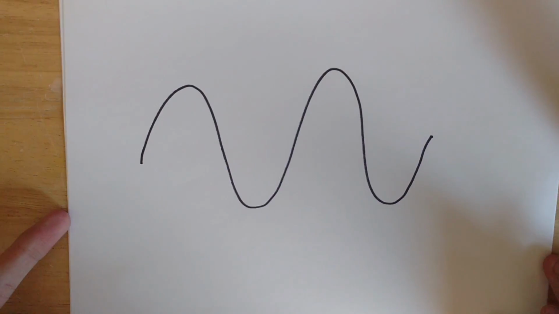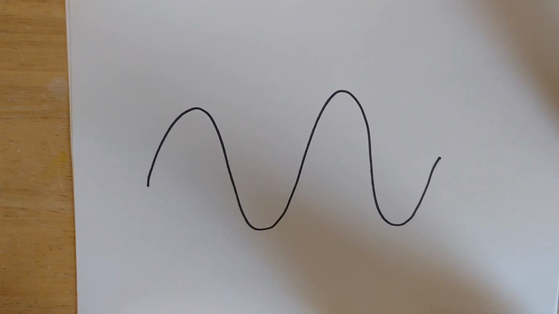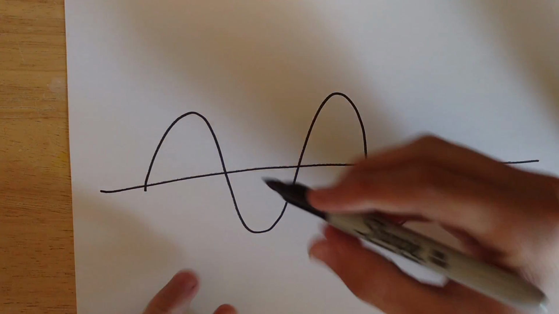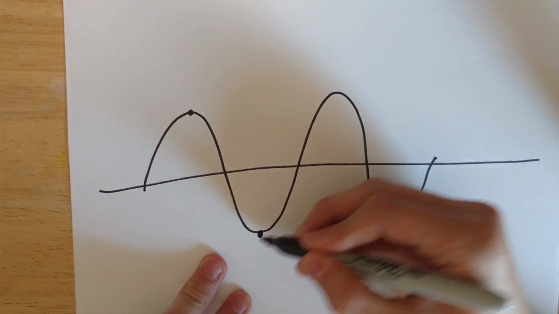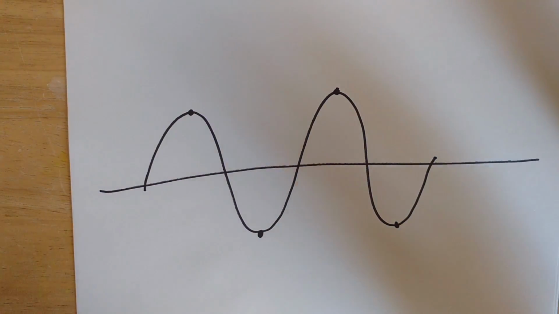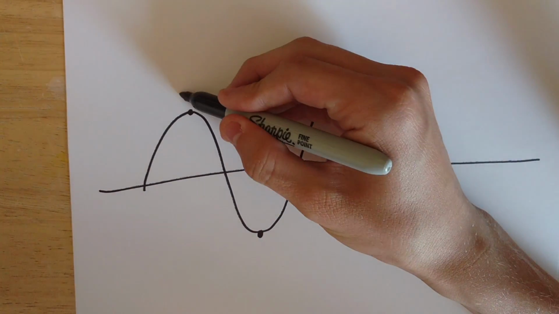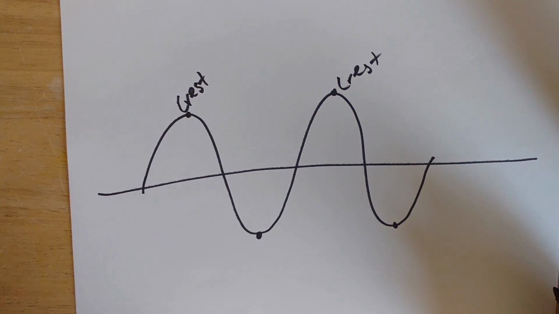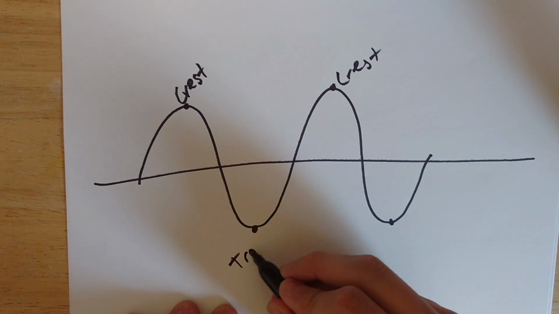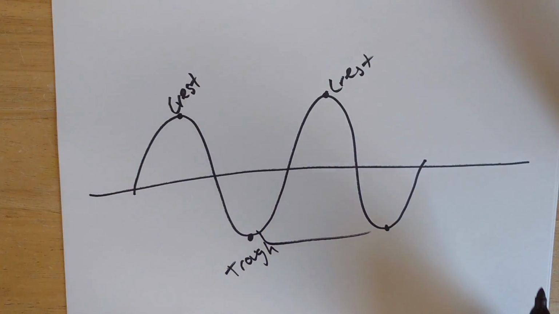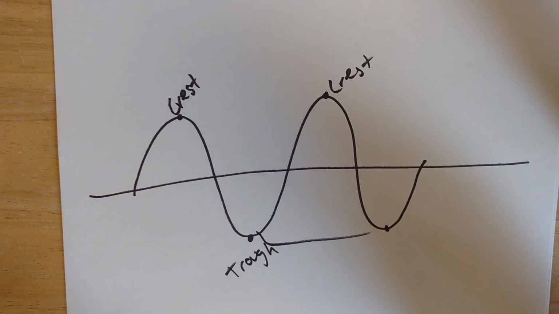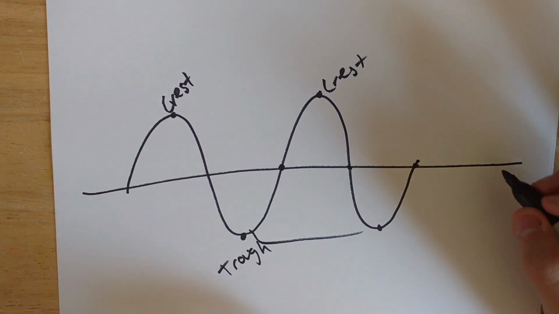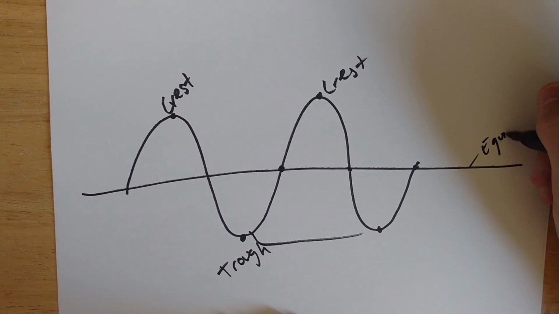So here we have pretty much a diagram of a wave. I'm going to describe a few points. I'm going to label the points where they're kind of like hills. At the point where they're at their height, the height is called the crest. And then the bottoms are called troughs. So the crest is the top, the trough is the bottom. The points in between, where they interact with this line we call equilibrium, pretty much the middle,